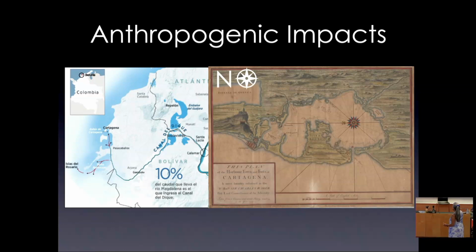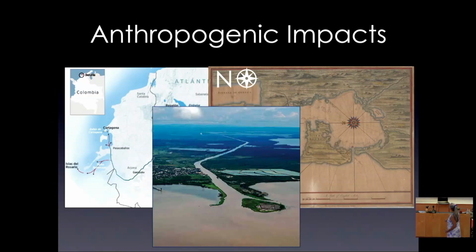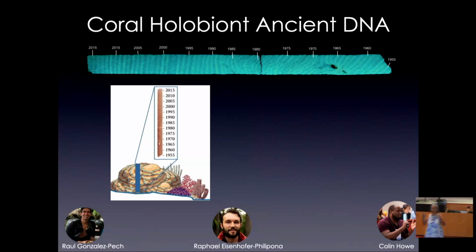This was really important. This is called Boca Chica, the only place that gave access to the city, and the city was attacked by pirates a lot through Boca Chica, and here is Canal del Dique, okay? So in the 20th century, the Colombian government turned the Canal del Dique into an irrigation channel that kept being widened and widened, and in the 80s, the input of fresh water was huge, and now we can detect that in the cores. So we took this one core out. We've taken many more, but I don't have the data to show you, so I'm just going to talk about the one core